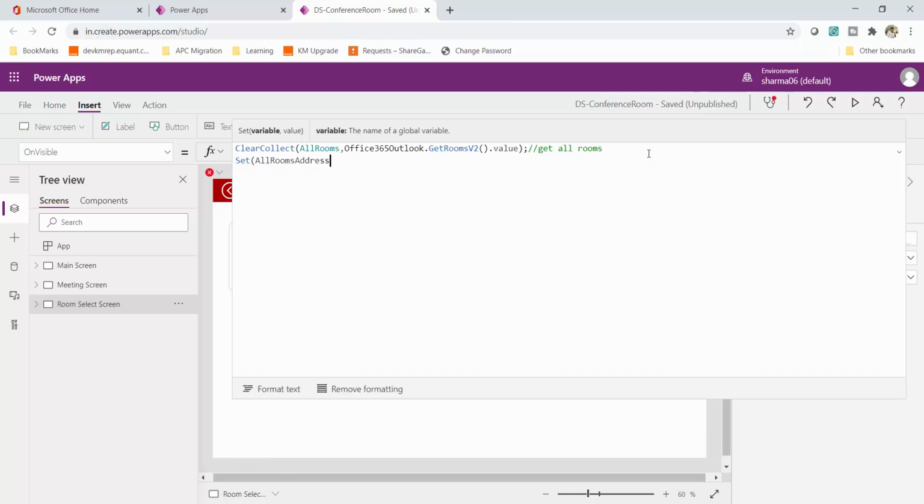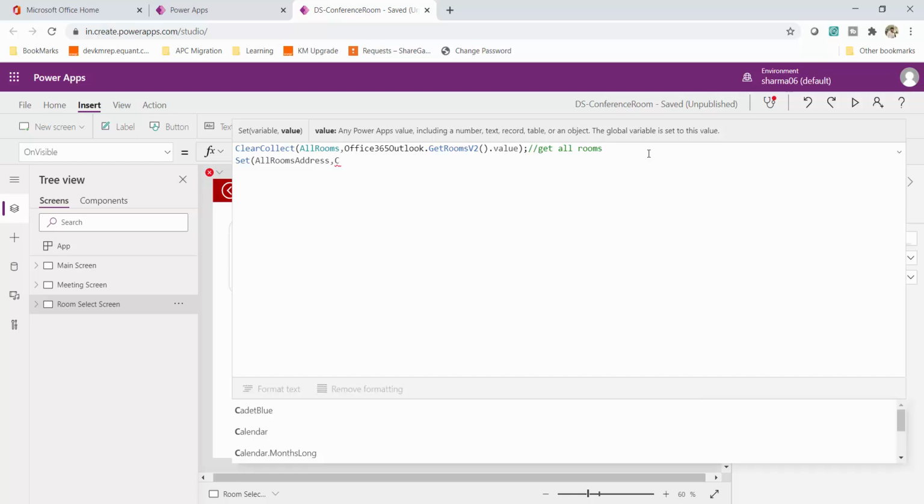Okay, I'll get the address of all the rooms, comma. Now I will be fetching the room address from the collection all rooms, and I have to append them with a semicolon. So I will use the concatenate function again. I'll say Concat in Power Apps.